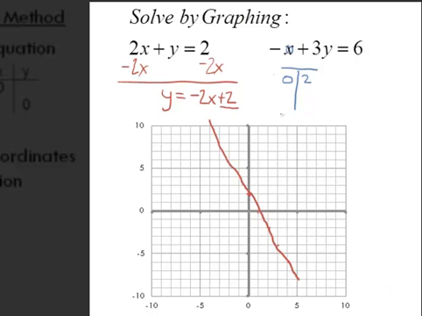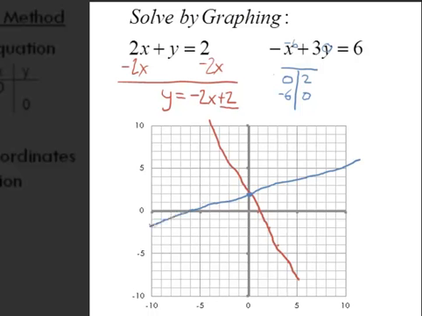So I'll start by putting a point at 0, 2. Then I'll plug in a 0 for y and calculate what x has to be to make it true. This would have to be a negative 6. And so if y is 0, x has to be negative 6. That point is over here. And if I connect these 2 points with a straight line,